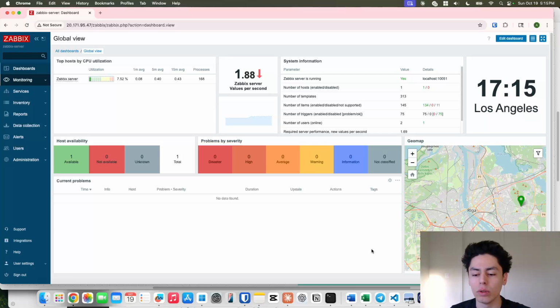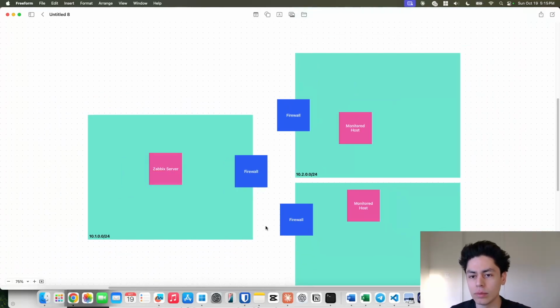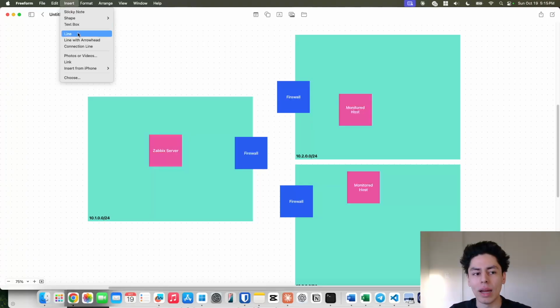So this is super useful if you have an environment that's growing and shrinking all the time, and nobody really wants to enroll hundreds of servers manually into Zabbix anyway. Before we go in, I want to show you one of the differences. There are two methods to do this, and I'm going to recommend one method and explain why. The first method is the passive way, where you have the Zabbix server